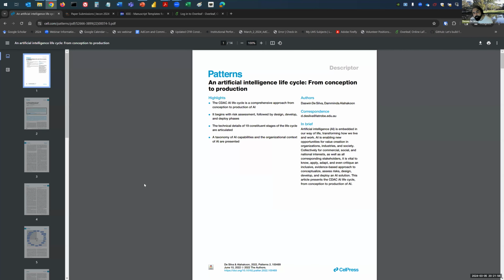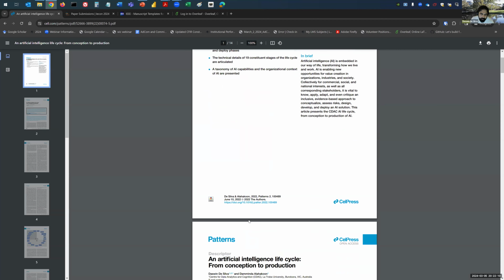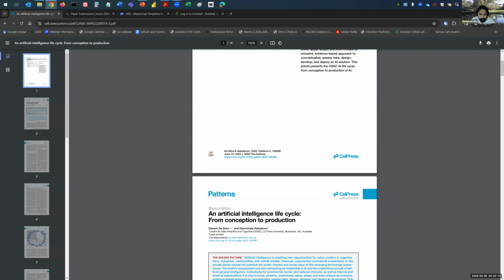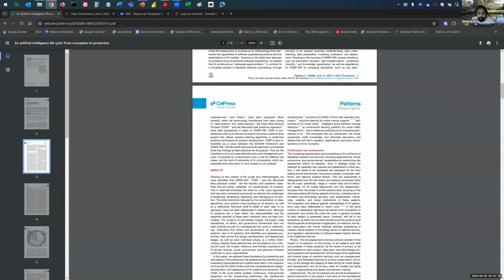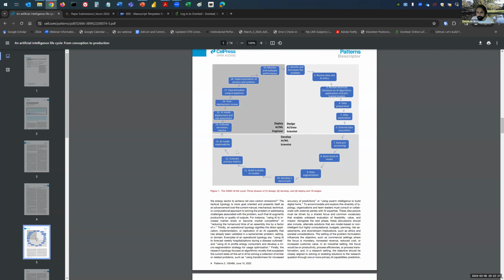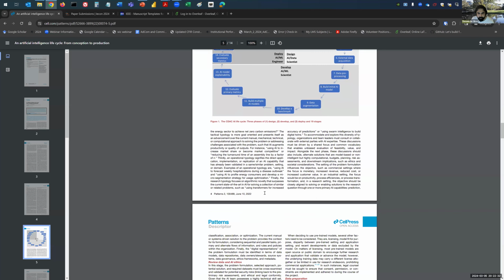But also this was written before generative AI became so powerful or effective. So it excludes generative AI because it was published in June 2022, but it was written in 2021. I'm introducing in this paper an AI life cycle, which is comprehensive. It talks about things like AI ethics, data preparation, exploration, and I go into each phase of this, and I describe what happens in each of these.